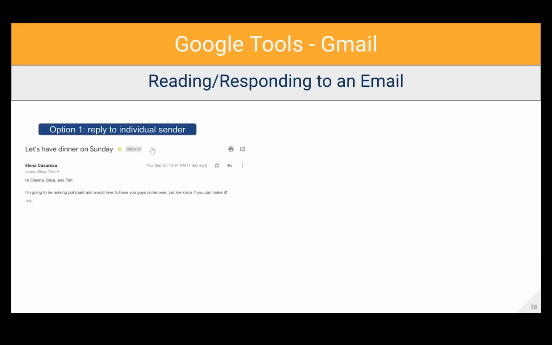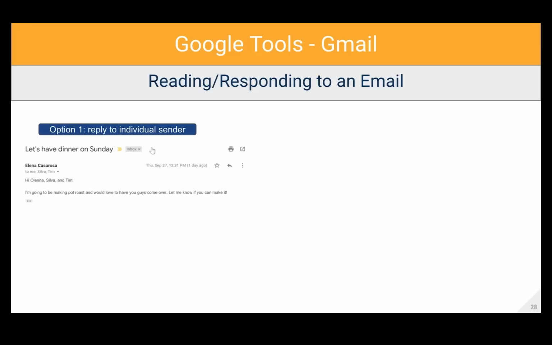Before we go to step 4, we're actually going to go through 2 different options for replying to senders. Option 1 is replying to an individual sender. Much of the time, you'll be replying to an email someone else sends you instead of composing a new message. When you reply, the recipient's email address will automatically appear in the to field, so you won't need to worry about choosing the recipient. However, sometimes you'll receive emails where you're not the only recipient, and you'll need to decide